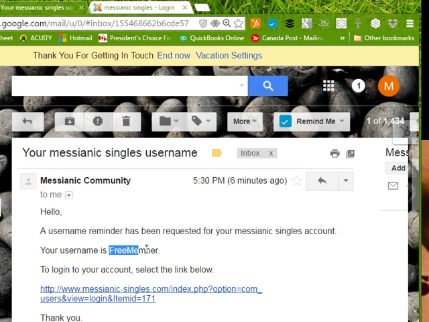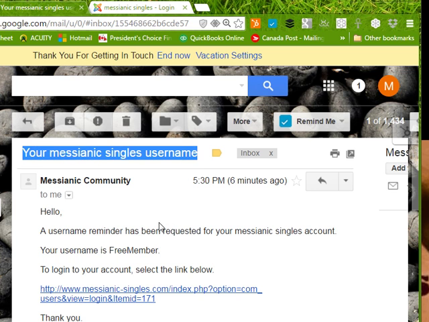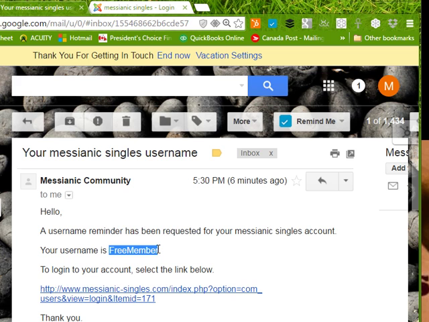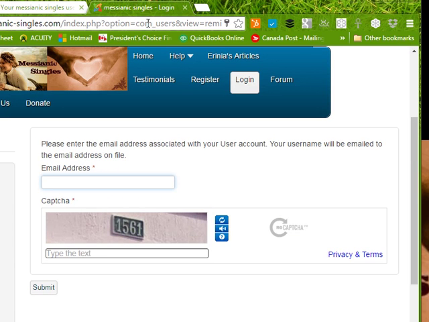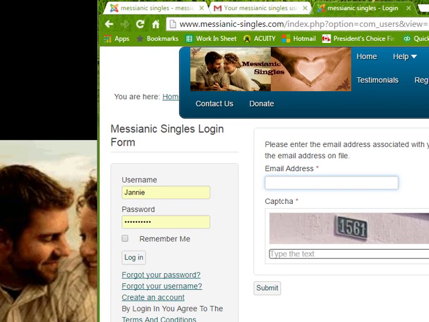Now obviously free member is just my username, it's not going to be your username. You'll have to look in your email for your Messianic Singles username and open that and it will show you your username here. So then you can use that free member to go log in now. So now I'm gonna put in free member there, and oh yeah, I still have to reset my password. So I'm gonna click there on forgot password,